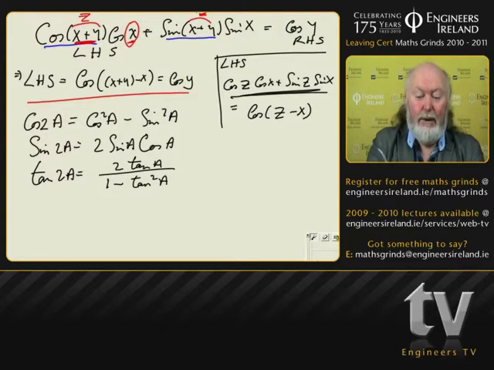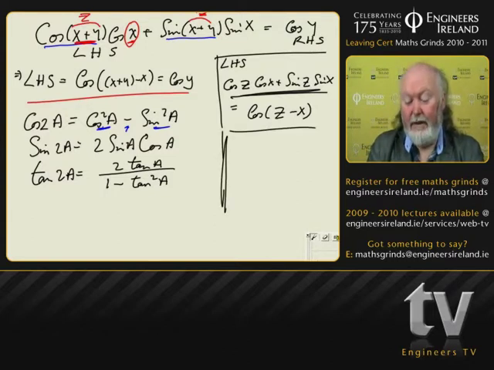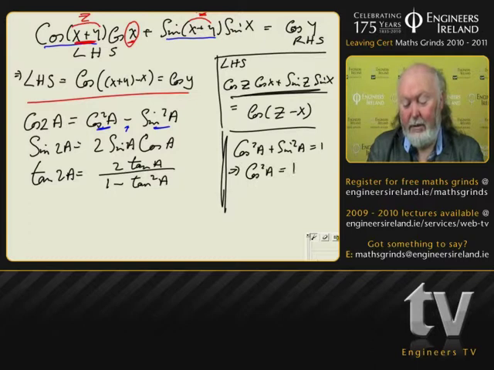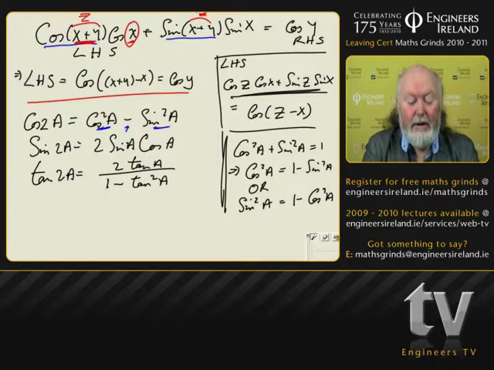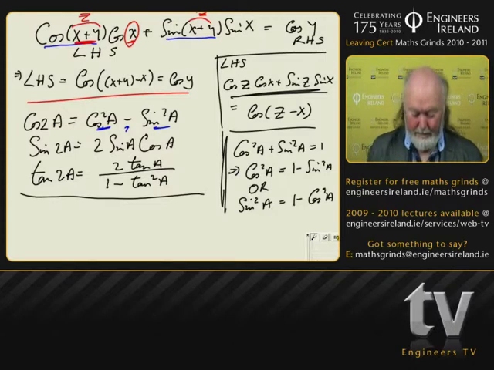For example, if we look at this cos 2A formula, we will find a cos squared and a sine squared, and unfortunately a minus in the middle, because if it was a plus that would be just 1. But I do know that cos squared plus sine squared equals 1. That implies I can say that cos squared A is equal to 1 minus sine squared, or I can say the other. Now that's pretty straightforward. If we do either of those two substitutions into the cos 2A formula, we will get